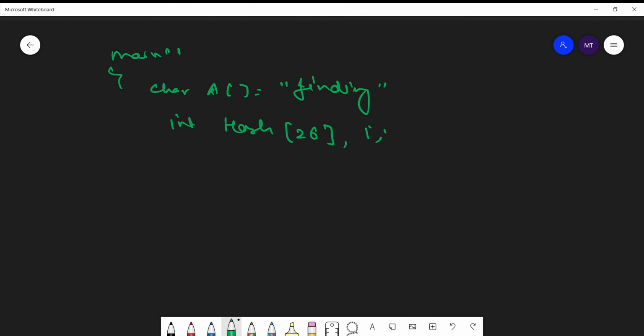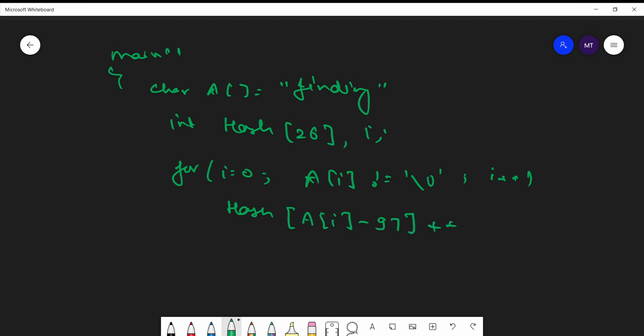Okay, now let's iterate through a loop: i equal to 0, A of i not equal to slash 0, i plus plus, and inside it, hash of A of i minus 97 will be incremented by 1, or plus equal to 1, anyhow you want to say.